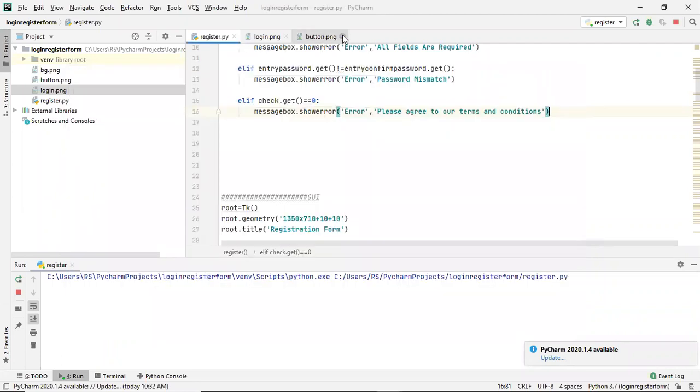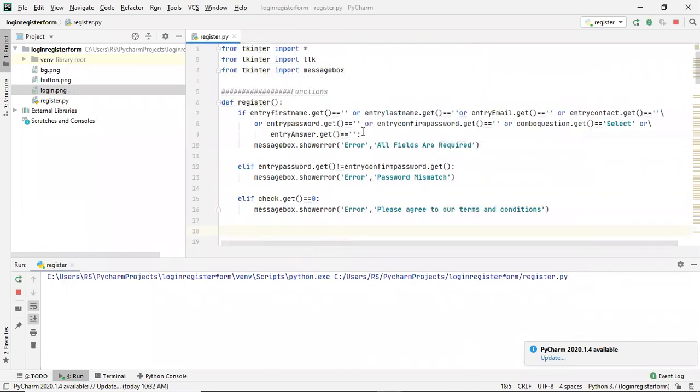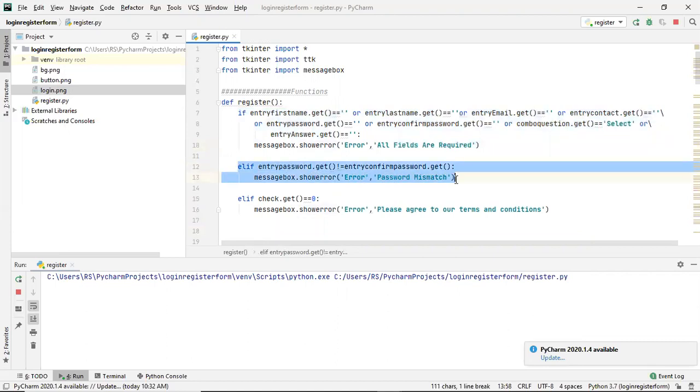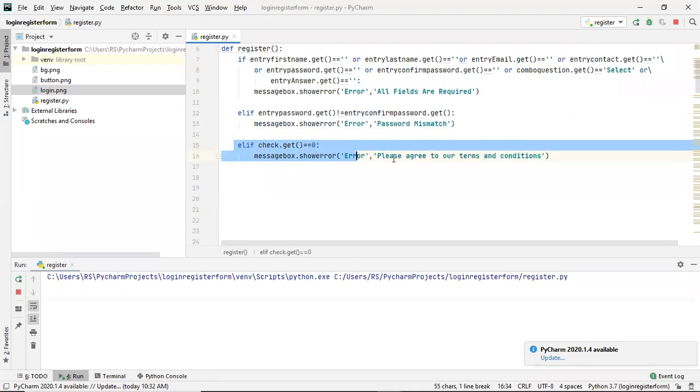Now I'm going to code further in this project, right? So after checking this elif condition, the next thing is that if all these conditions fail, means user has entered everything correctly, so this condition will be false. Okay, we'll move to this one. If user has entered both the password and confirm password same, this condition will again be false. And then this one, if you have checked the check button, then this condition will also be false. And then we will move to the else part, right? The last one,